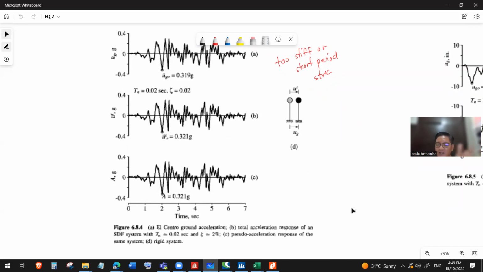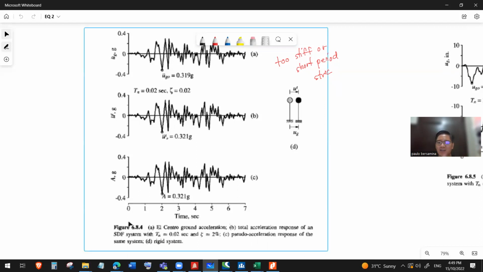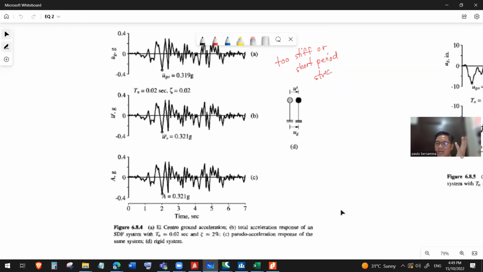And as I said early on, that we're designing for the NSCP is expecting our structure to really behave inelastically, no, not elastically, during earthquake. Okay, so and as I said, this is an elastic response spectra. Okay,